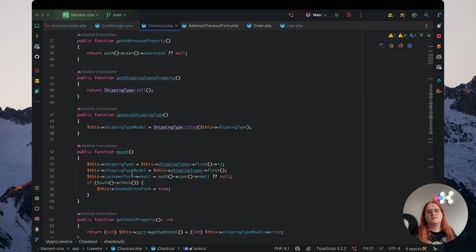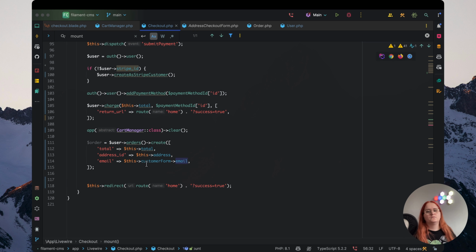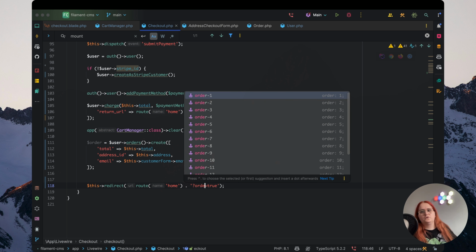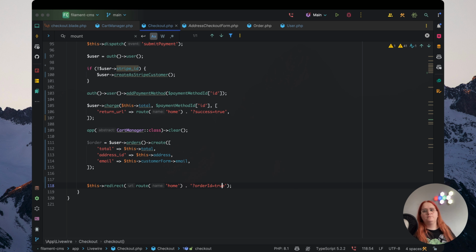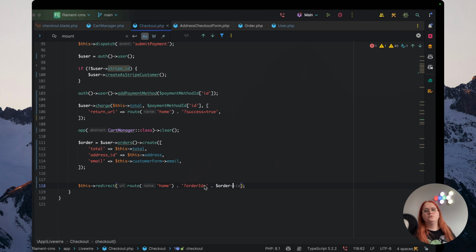And as you can see, when we mount it, we specify the email. So with that sorted, let's go ahead and say order ID. For now, we're just going to do this temporarily. This is not the full solution. And then get the order UUID